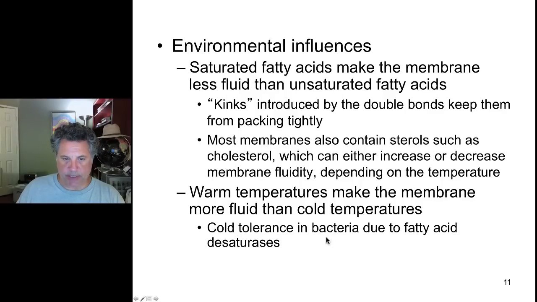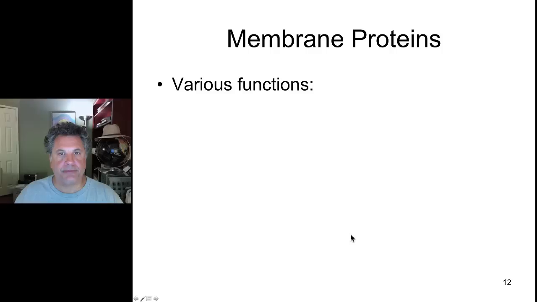And some organisms, there's some bacteria, for example, that will actually have enzymes that desaturate the fatty acid tails of the phospholipids in the membrane so that they can tolerate cold. And that's because as you desaturate, you move to a case of unsaturation with double bonds, which keeps the phospholipids from packing too tightly and becoming frozen. So cold tolerance can be achieved enzymatically in this case.